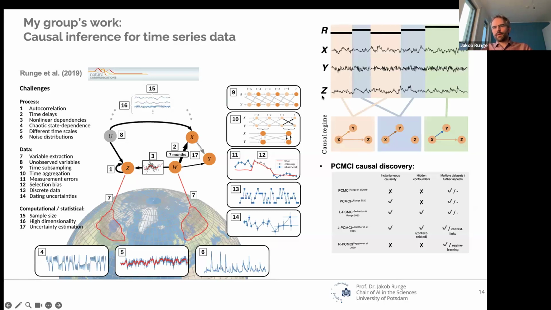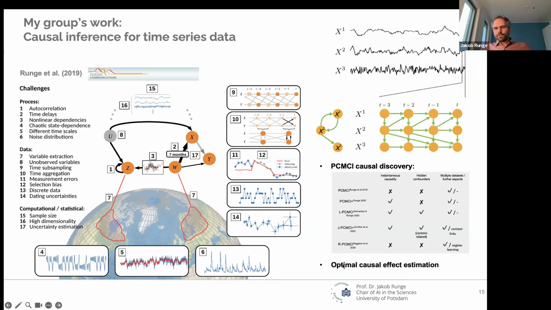And finally, a method here that tries to deal with non-stationary data. So we call this causal regimes, and they may change over time, and you don't know which time sample belongs to which time point. And so this Regime PCMCI tries to learn both the different graphs and the samples at which these occur. And this is really just an overview here. There's maybe some time to answer questions on these methods.